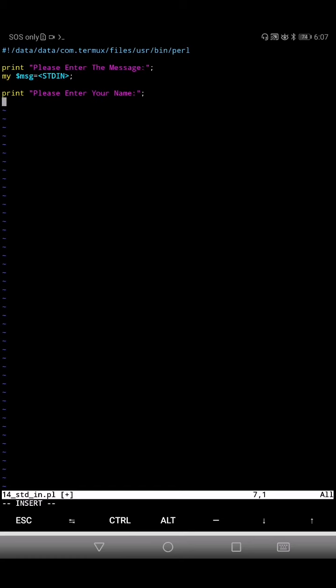Again we'll be reading from the terminal itself, so again we need to write STDIN. Let's print, say, $message, space, $name.